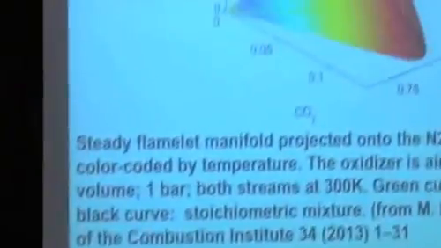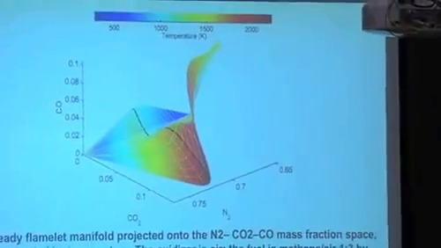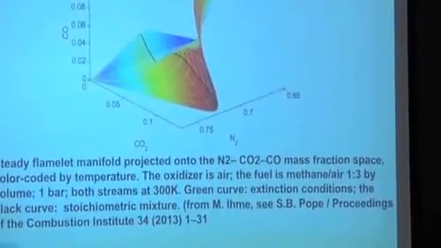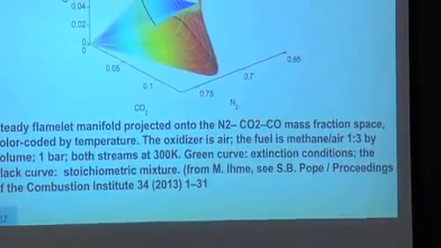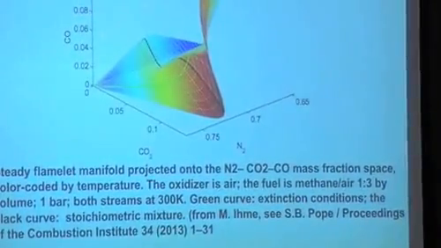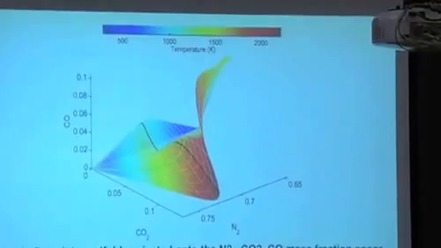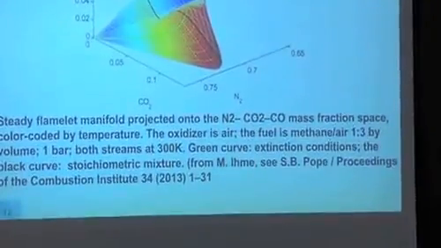You can check this idea in different cases. This is a manifold obtained here from Matthias Immer, and you can find it in the proceedings of the last symposium, where Steve Pope gave a description of it. You have the species here, and on this manifold the points won't be here or here or there. Most of the points will be found on the manifold, which has a much smaller dimension. So that looks like an attractive idea to put in a code.